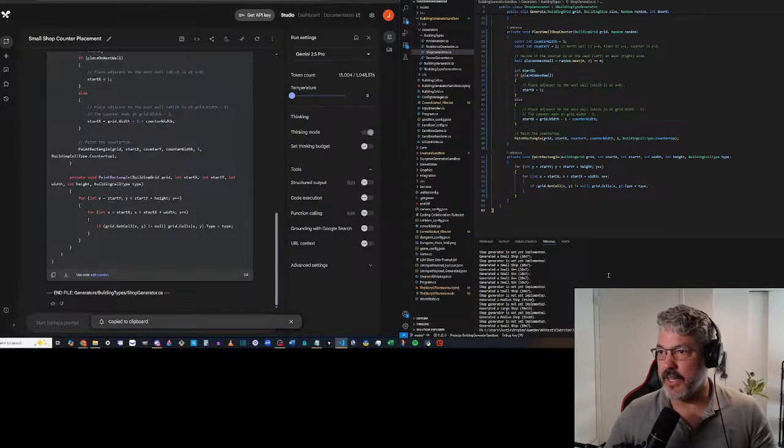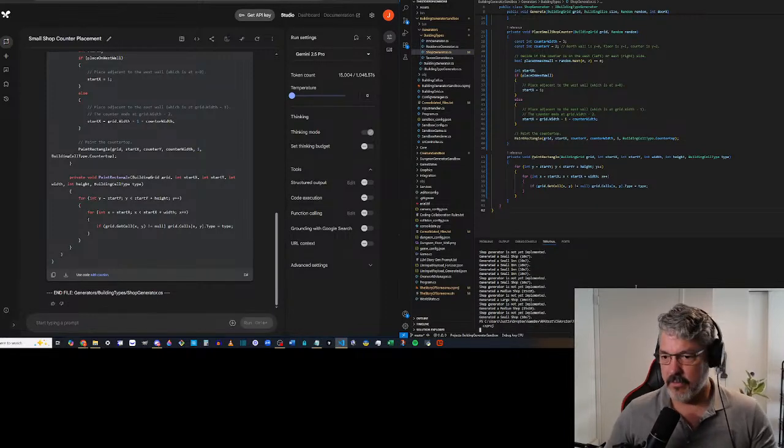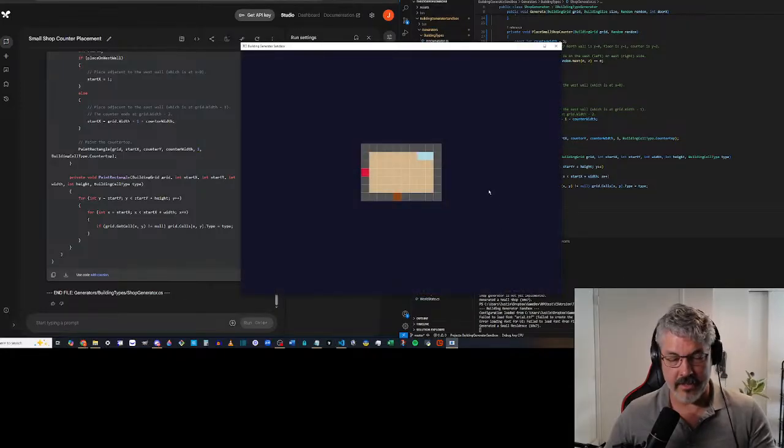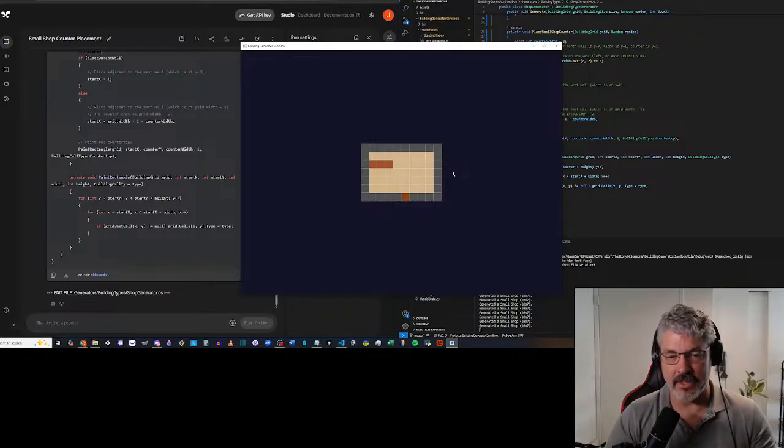So that was a pretty easy update there. Let's see what happens. I'm very confident that it's going to get this right. The only thing I can guess it might get wrong is having the countertop not be away from the north wall the way I would like. But looking, okay, yep, there we go. Nothing complicated. That's exactly what I was looking for. I want this to be a tiny little shop. There'll be one guy in there. You can buy a handful of items. There'll be maybe some decorations along the walls, some items sitting around, something like that.